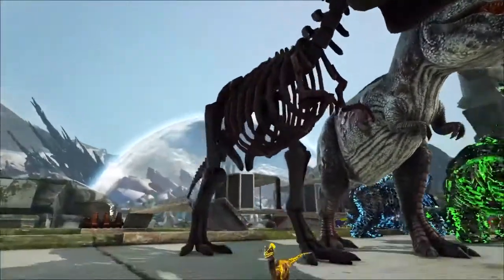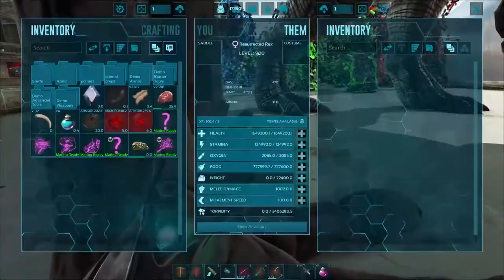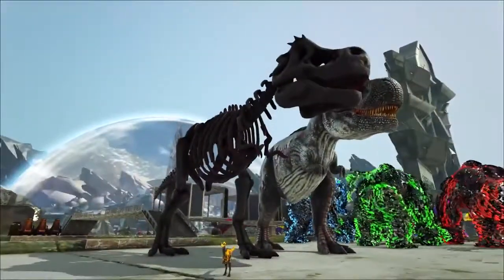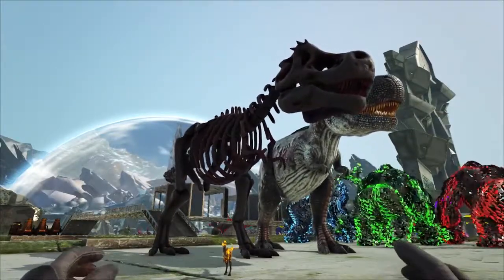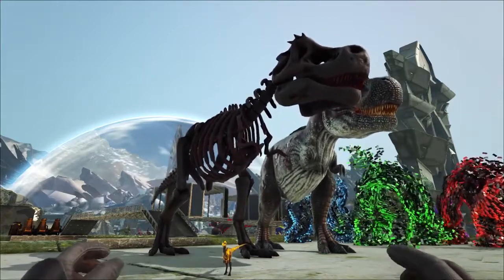Now, this guy right here, the skeleton one, this is not a tameable dino. This is just one that we spawned in just for this video. This is the Resurrected Rex. There's several different variations of this. You have a Rex, a Raptor. There used to be little dodos. I haven't seen those in a while. There's a Spino and a Wyvern that all fly around, and when you eat those, it gives you a chance